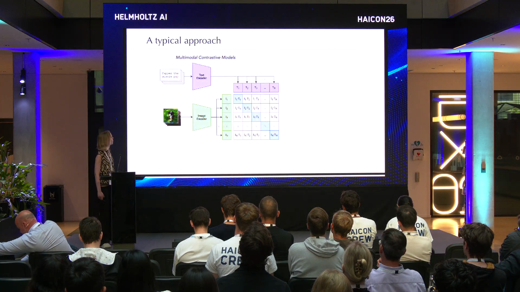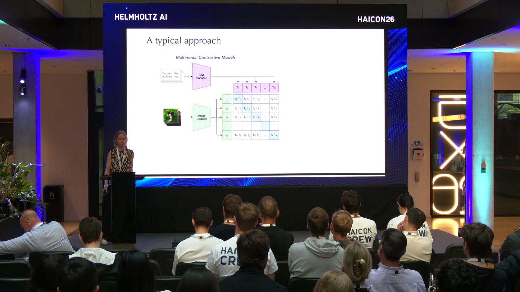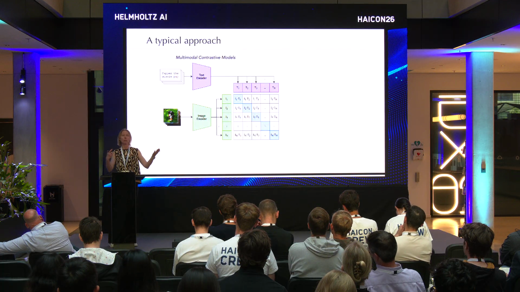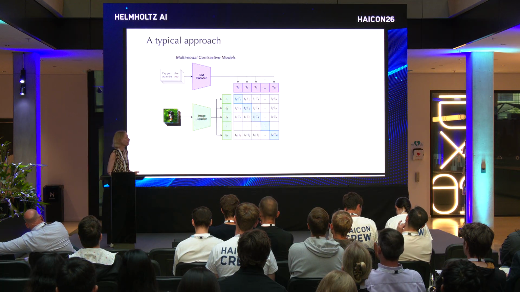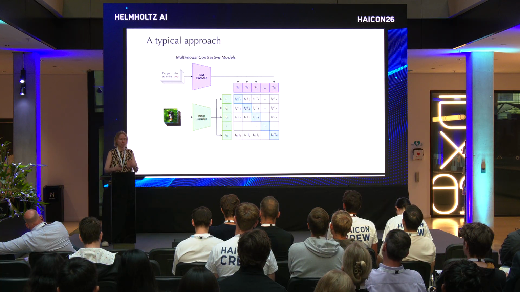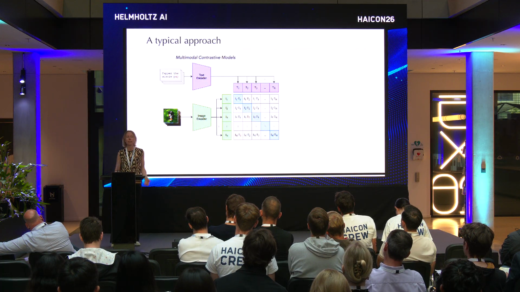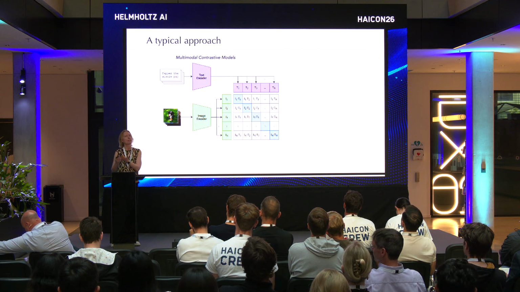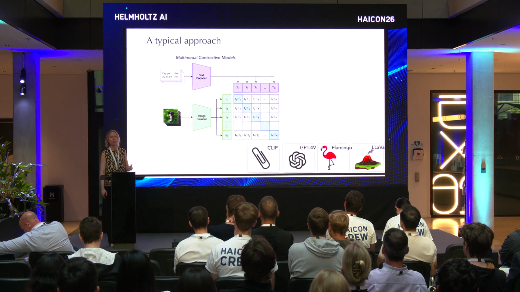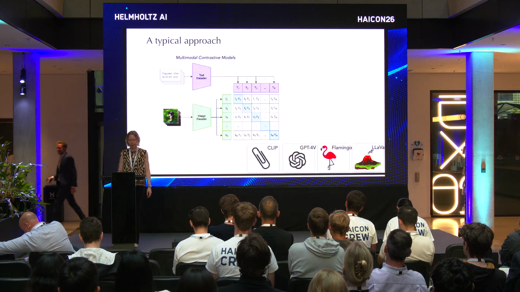So how do we typically leverage multimodality? One way to do this is via aligning data. So this is a CLIP-style alignment with contrastive learning. So maybe you have images, you have captions of these images, and you tell the model, the embedding of the image should be close to the embedding of the text. And then you train this. And it actually gives you a model that can reason across these modalities and knows which text belongs to which kind of visual information. So this has been leveraged in many, many models. It's a common approach, and it works really well.